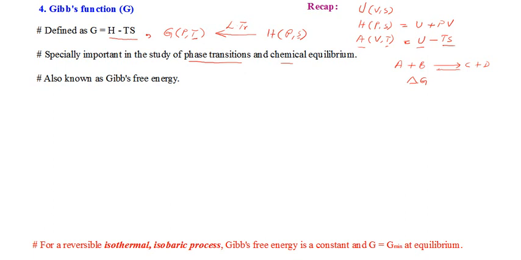And you concluded that if the delta G of the reaction is less than 0, the reaction will be proceeding spontaneously. Delta G less than 0, or delta G is negative. So we concluded that the reaction is spontaneous. Or the condition for a spontaneous reaction was obtained by looking at the delta G values, the change in the Gibbs free energy.